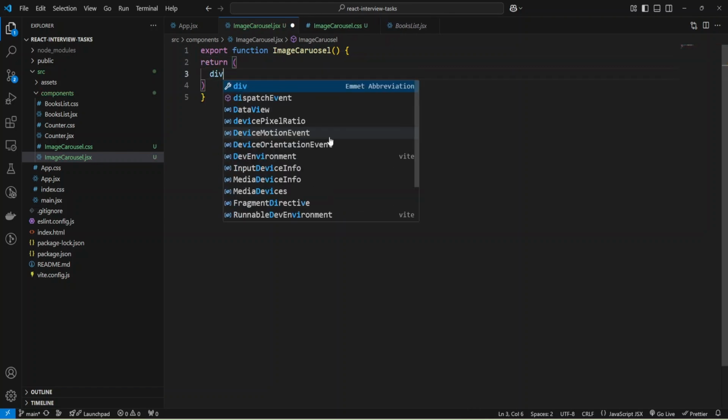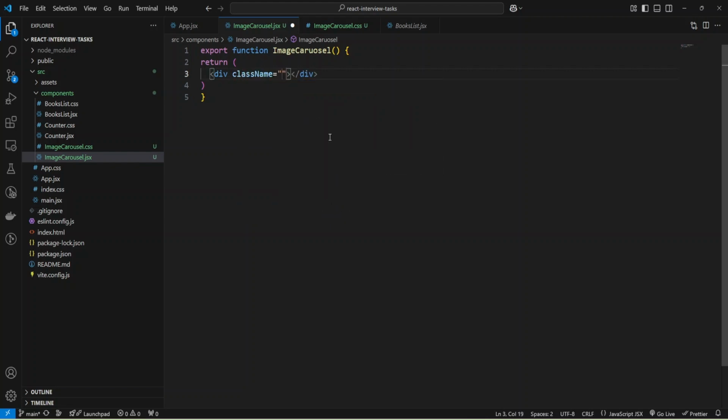I'll add a div with the class name carousel. Now I can provide a header like Image Carousel, and I'll add a div for the image, and we'll add the image later. I also need two buttons, for previous and for next.